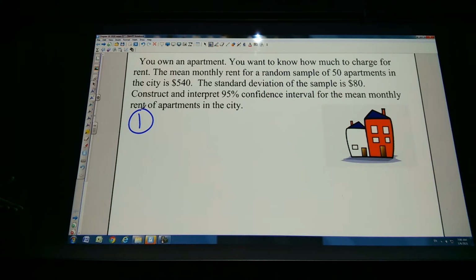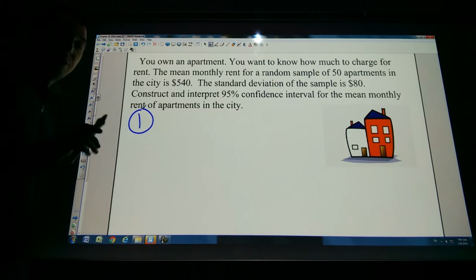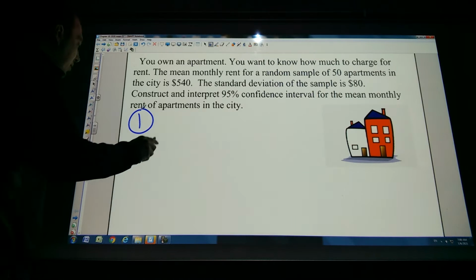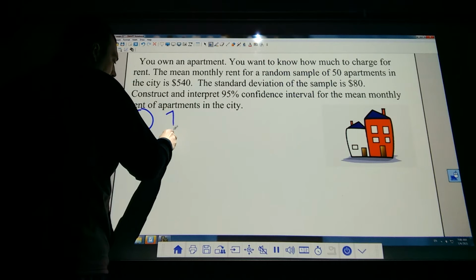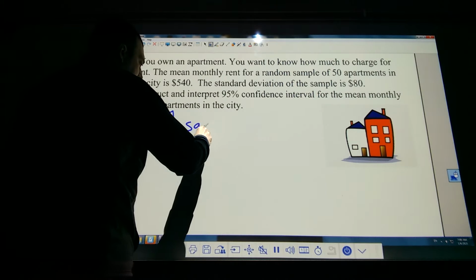And it's a 1 sample. We took 1 sample of 50. This whole chapter is 1 sample. Later on, in a month or so, we'll do a 2 sample, but it's 1 sample. And I'm going to throw a letter in there, and I'll talk more about it at another time, but it is a 1 sample